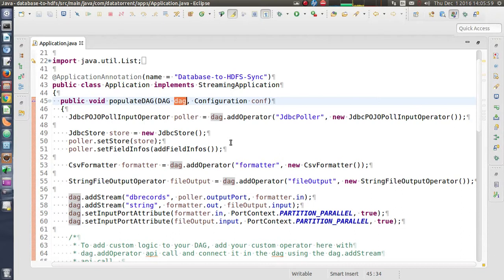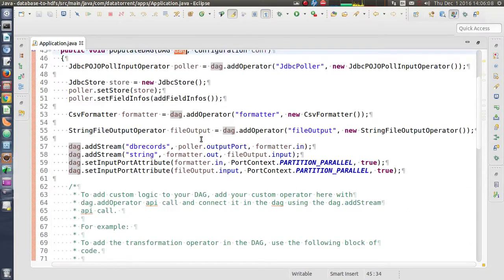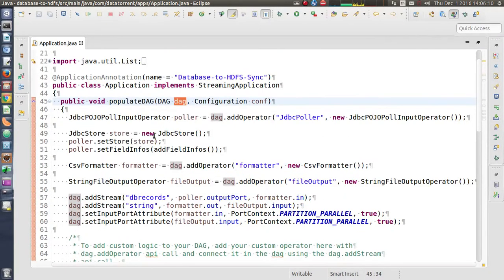In this DAG object, we need to add operators which are required for building our pipeline, and we need to connect those operators using streams.